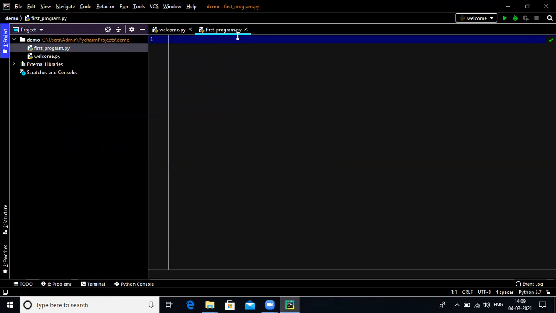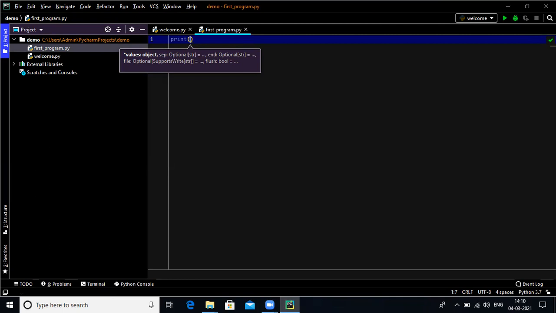Got it? Now see, in every language, whatever your language is, like C, C++, Java, the first rule is that the first program is the hello world program, right? So I'm writing a hello world program, that is the first Python program. For that I write a print statement, and see that the brackets are completed over here.